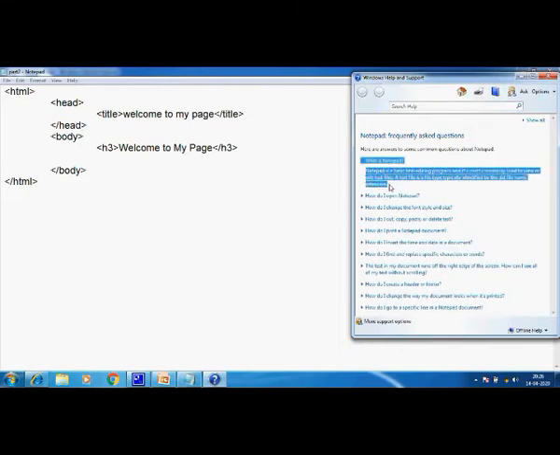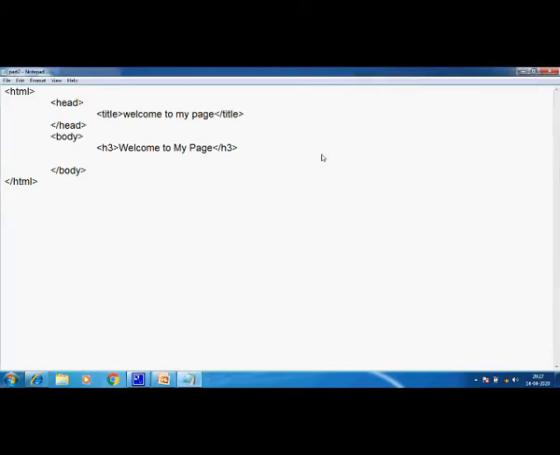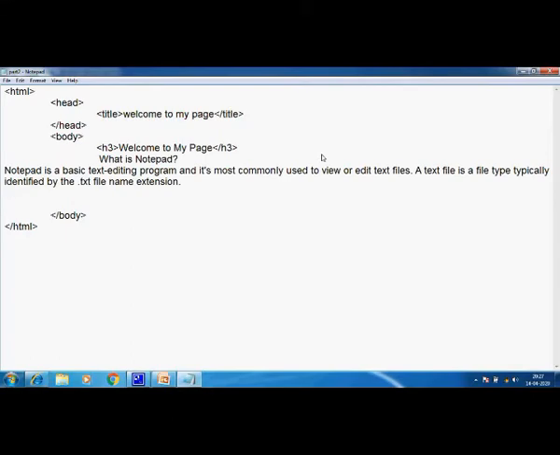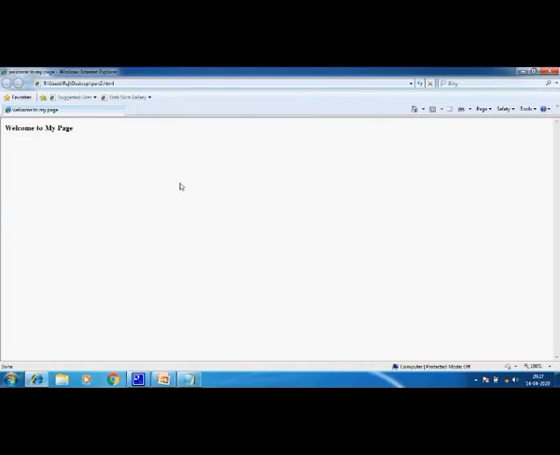Let's copy this, Control C, and I'll close it and paste it. So here we are, what is a notepad, and it's given like this. Okay, now let's save it, save, and we'll see F5. Fine children, so here it is.